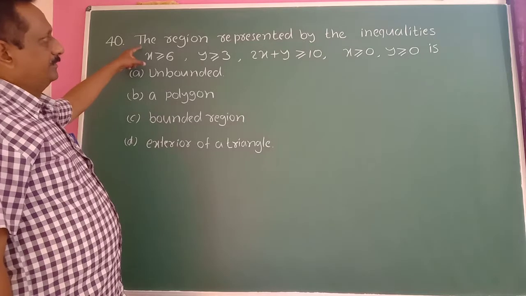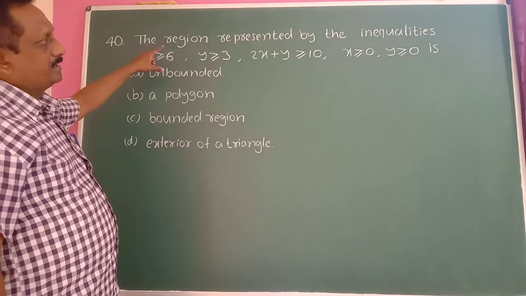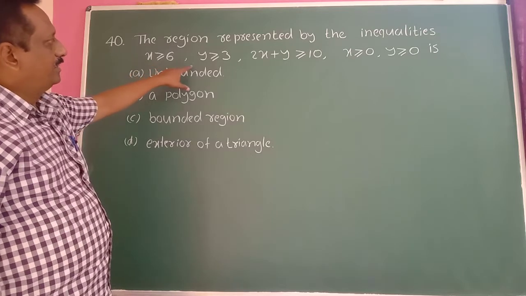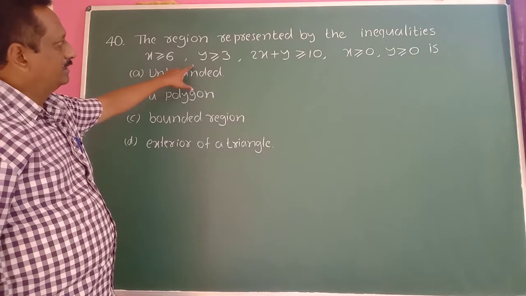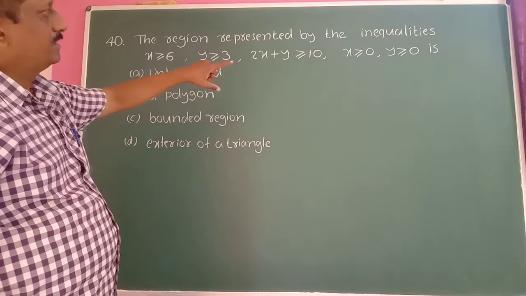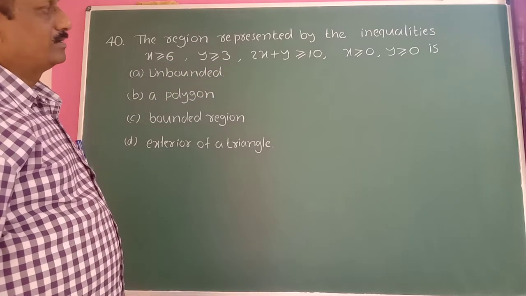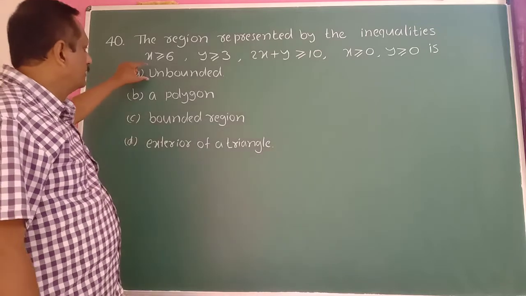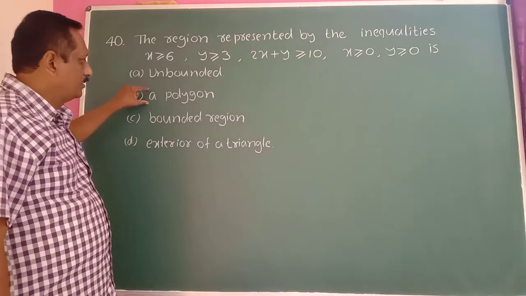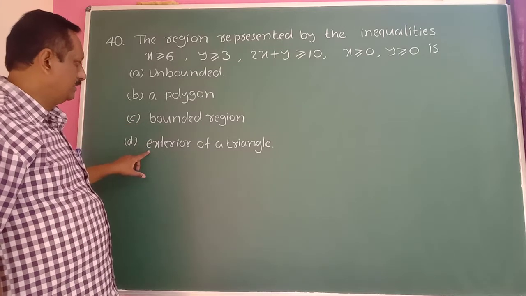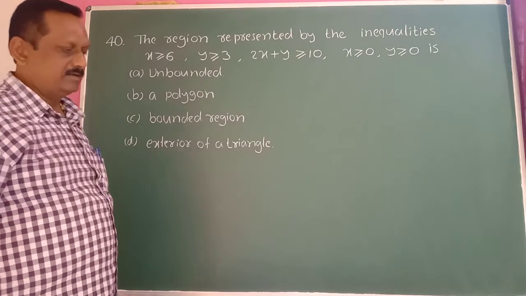So the region represented by the inequalities x greater than or equal to 6, y greater than or equal to 3, 2x plus y greater than or equal to 10, x greater than or equal to 0, y greater than or equal to 0 is: first option, unbounded; second, polygon; third, bounded region; and the fourth, exterior of a triangle. In this case